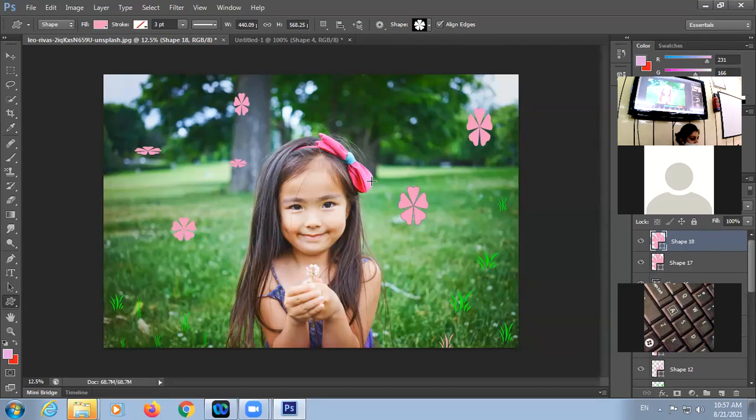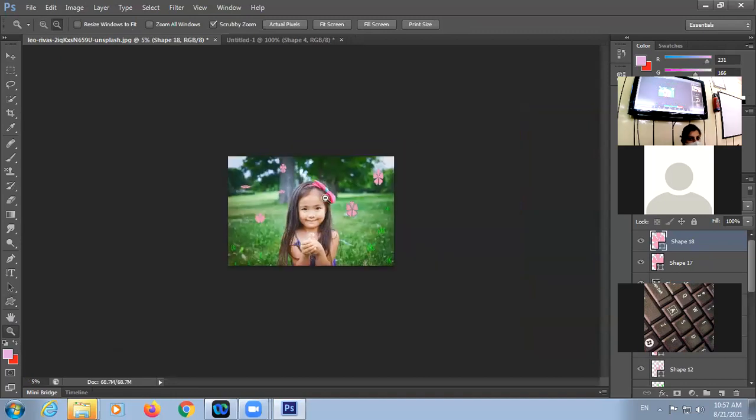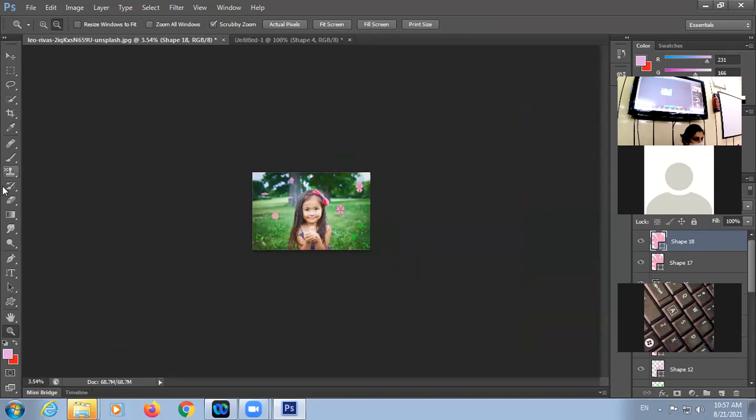The next tool is the viewing tools. Now what are viewing tools? The tools which are helpful in viewing your document properly. Under the viewing tools, there are two types of tools, that is the zoom tool and the hand tool. You can see on the toolbar. First method, you can directly click on the zoom tool and the zoom icon will be highlighted. This way you can zoom in or zoom out.